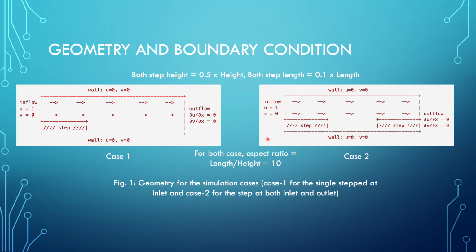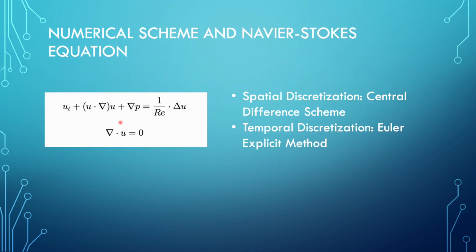The aspect ratio for both of these cases is set as 10, and for either step, the height of the step is considered as 0.5 times the height of the whole domain, and the step length is considered as 0.1 times the length of the whole rectangular domain. Here are the Navier-Stokes momentum and the continuity equations that the fluid actually follows, and I'll be